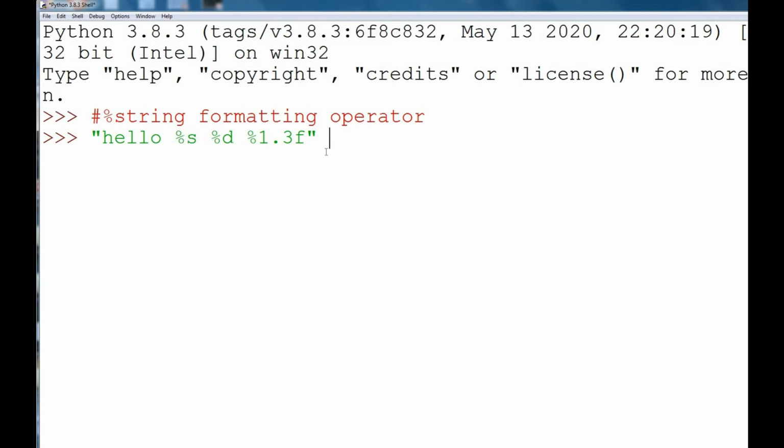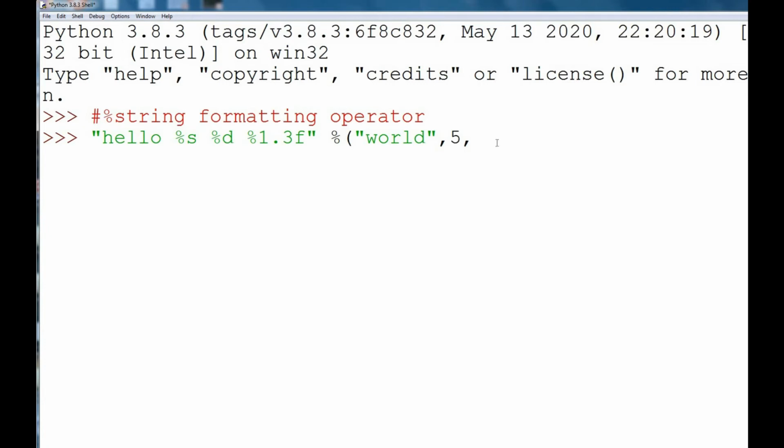Then you want to replace all these formatting operators with the data. For mentioning the data, what do you have to give? Percentage, open bracket, then write "world". Here, hello %s, I want to replace this %s with the data world, so I'll give world, then comma, give another value for %d. This %d should be replaced with the value 5, so I'll give 5.